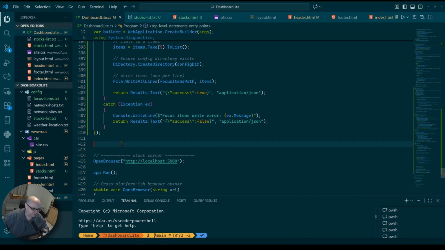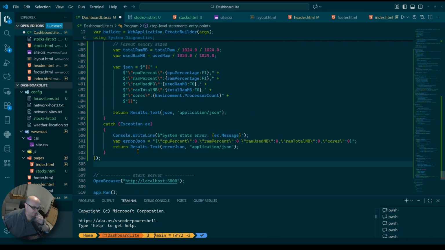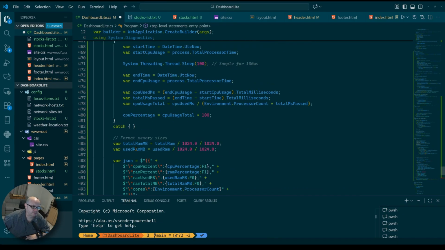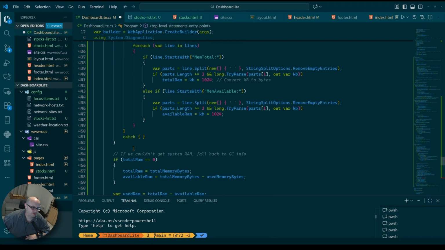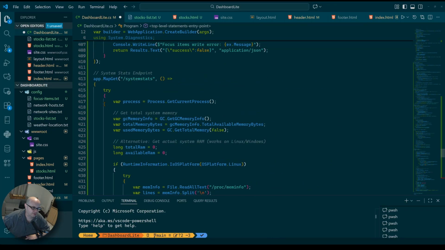Nothing crazy. Okay, so we're going to put in the code. And there's no file for this. This is just CPU usage and RAM usage. So you got current process now. This may not be the actual RAM. I've had this before. You guys can check this out. Anyway,